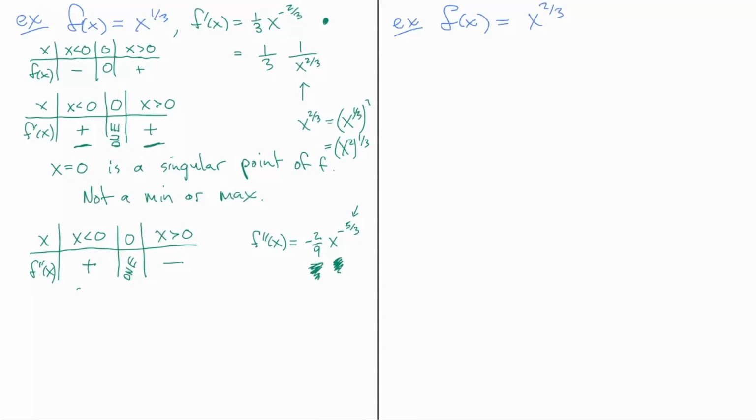And that tells us that we have a concave up function on the left and concave down on the right. And so graphing this, what does that mean? Well, okay, we have a 0 at 0. It's got to be concave down on this side. It's got to be concave up on this side. And the slope has to be